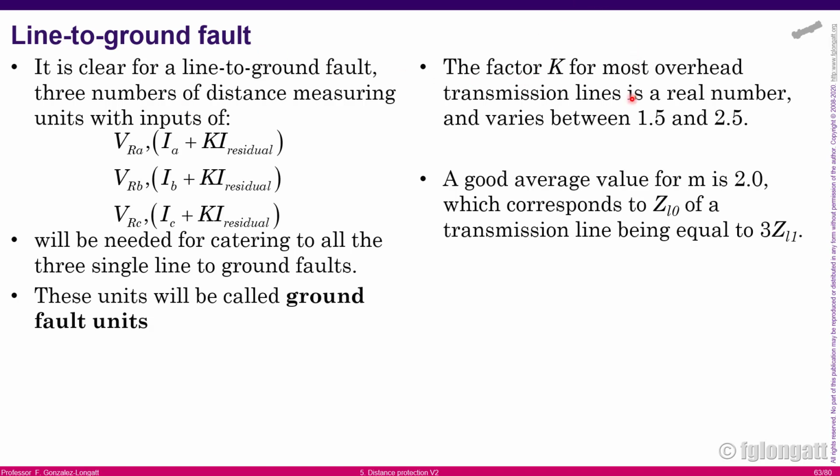The interesting thing is, in the majority of transmission lines, the factor K is between 1.5 and 2.5 times, okay? And in the average case it is typically 2.0, and that corresponds to the assumption that the relationship between the zero sequence impedance and the positive sequence impedance is 3 times. Okay,